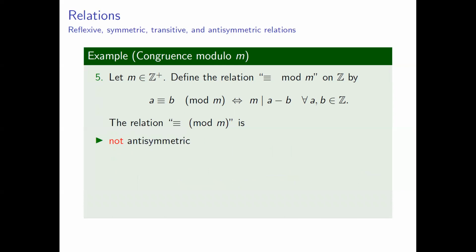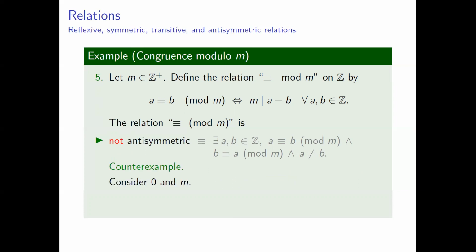The relation congruence modulo M is not antisymmetric. That is, there exist integers A and B such that A is congruent to B modulo M, B is congruent to A modulo M, but A is not equal to B. As a counterexample, consider the numbers 0 and M. Clearly, 0 and M are integers with M divisible by M and